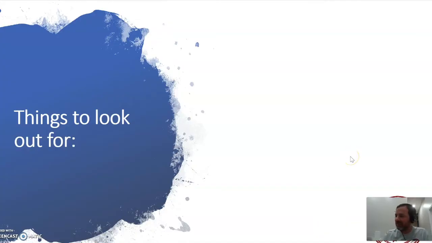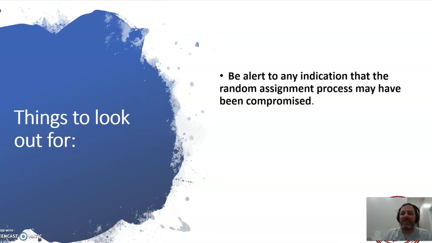Things to look out for. Be alert to any indication that the random assignment process may have been compromised. For example, did any individuals randomly assigned to the control group subsequently cross over to the intervention group? Or did individuals unhappy with their prospective assignment to either the intervention or control group have an opportunity to delay their entry into the study until another opportunity arose for assignment to their preferred group? Such self-selection of individuals into their preferred groups undermines the random assignment process and may well lead to inaccurate estimates